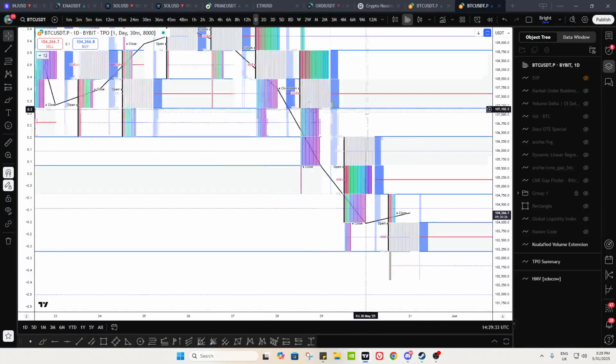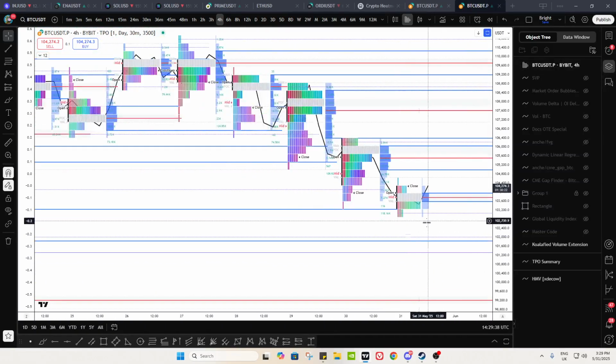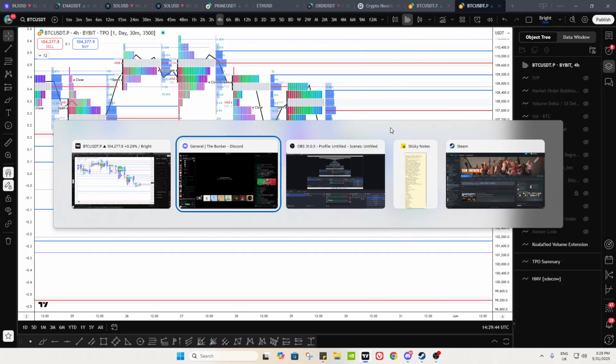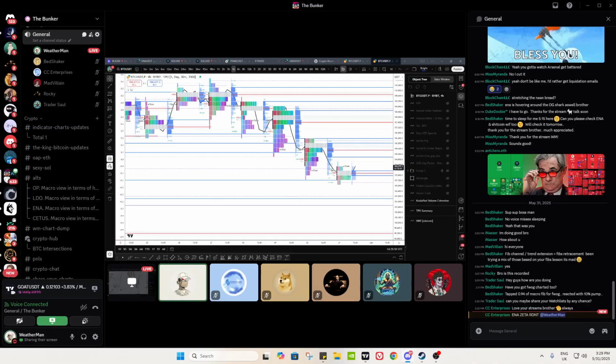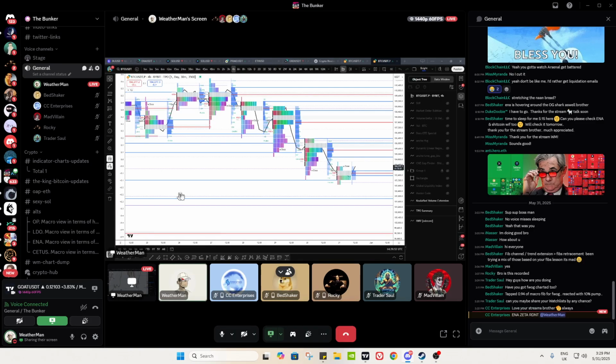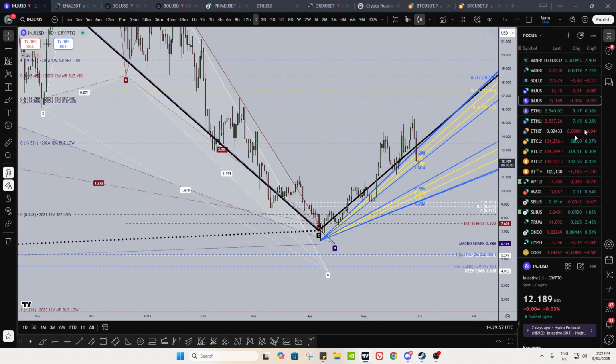So we could definitely get some more flushes, but like I said, I think it's just a matter of time until we carry on progressing higher. Okay, I don't think the top is in or anything like that, not yet. I just haven't seen the signs that I would want to see for it to be a macro top, right? So that's Injective. Let's take a look at the other ones real quick, right?